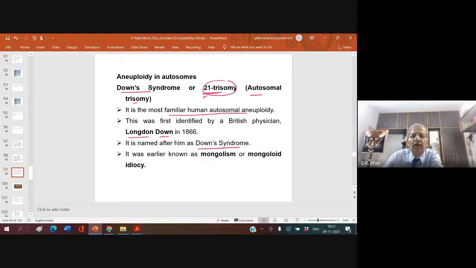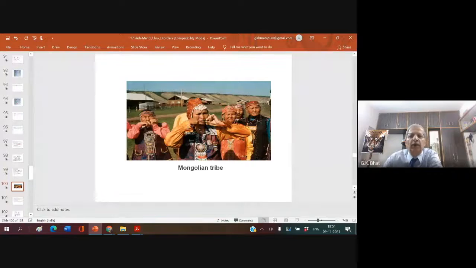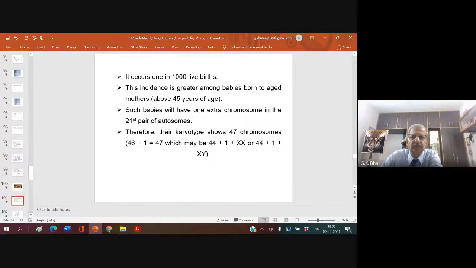It was earlier known as Mongolism because individuals suffering from Down syndrome have the mouth wide open like this, right? Therefore, it was called Mongolian. Now you are not supposed to call it that, because these people have gone to international court and brought a verdict that nobody in the world should use that term or insert some disorder in their name. So I have not said it, you have not heard it.